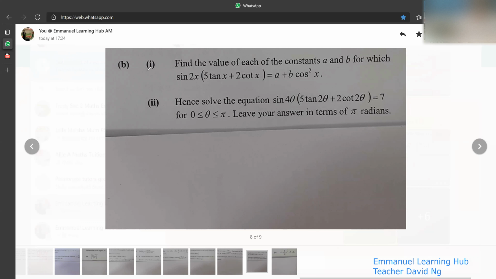So just focus on B. Find the value of each of the constants A and B for which sine 2x (5 tangent x plus 2 cotangent x) is equal to A plus B cos square x. So basically, they ask you to solve this equation in a way. So your sine 2x